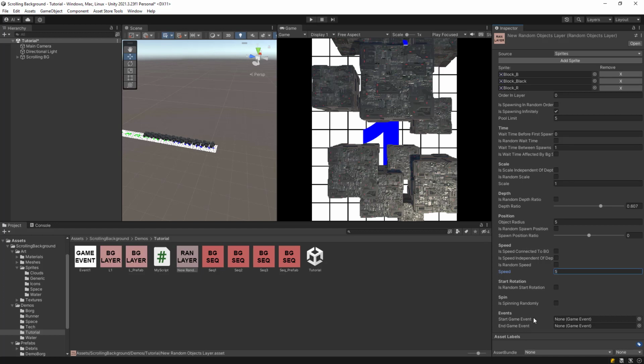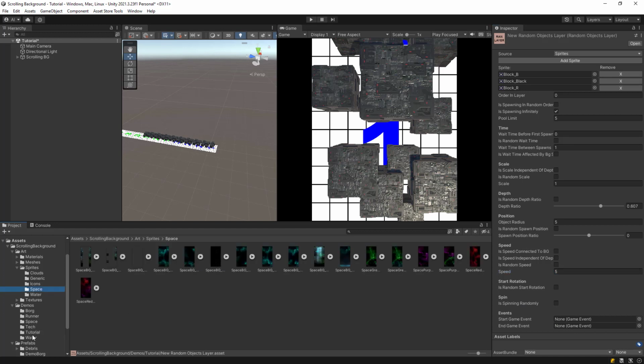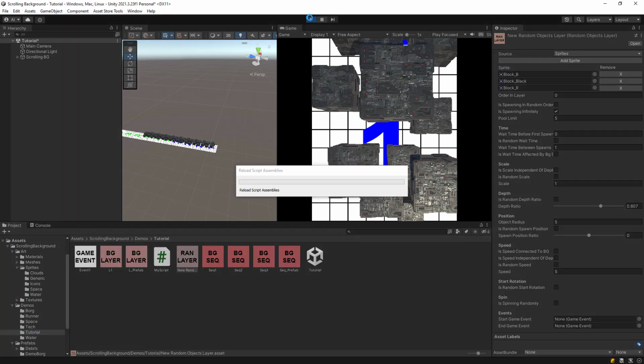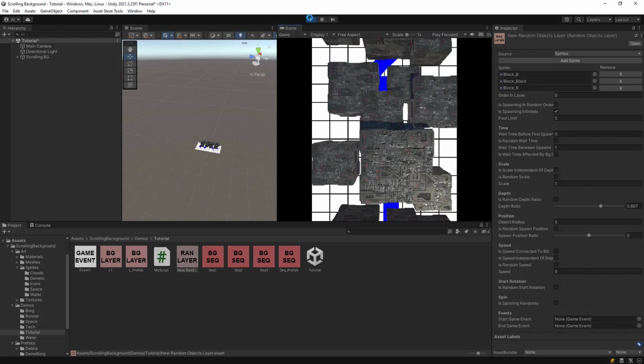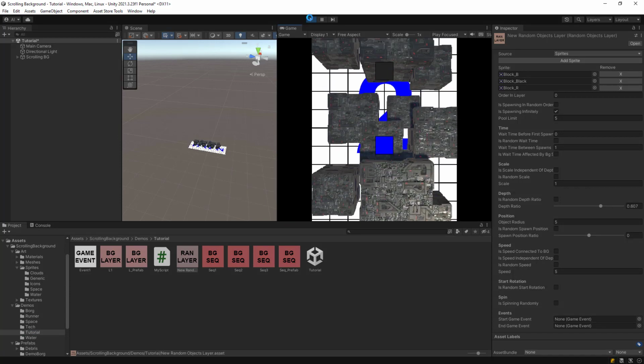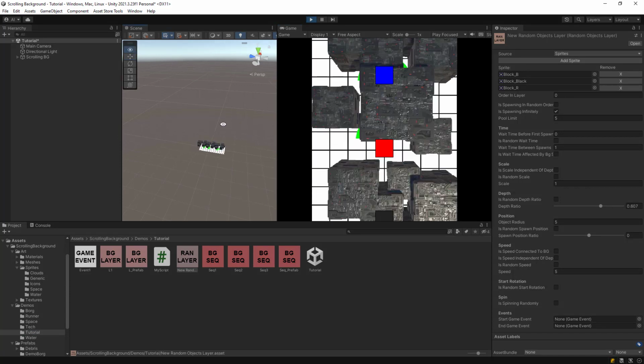And you see you have here events for start game event and end game event. This event would start the spawning of the random layer, and if you put an end event here, it will end it. This one you can see in the space demo layer, the space demo over here. Let me hit play. So you see you have secondary layer and you have random layers